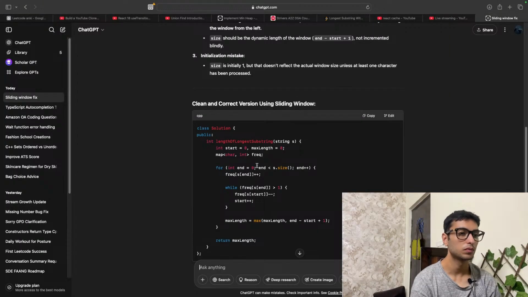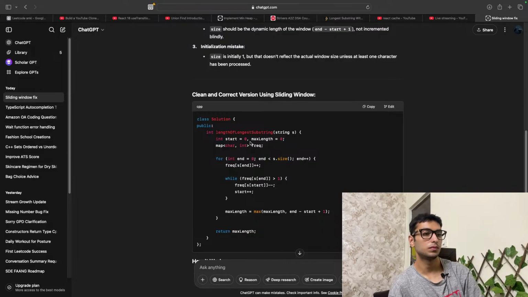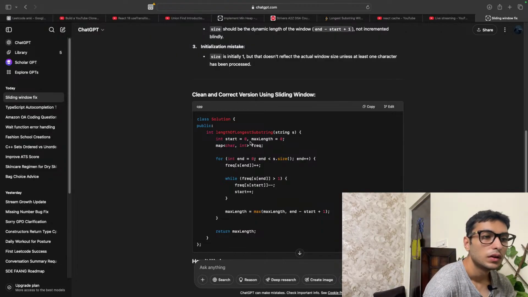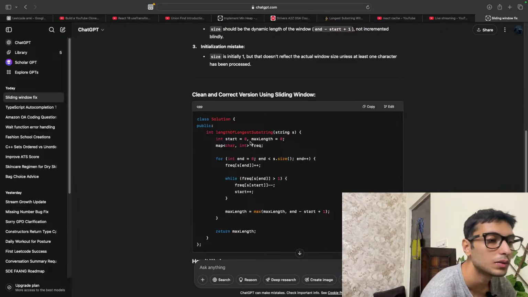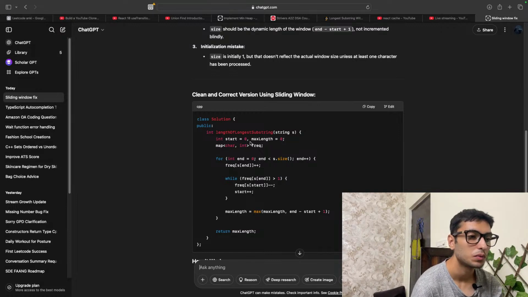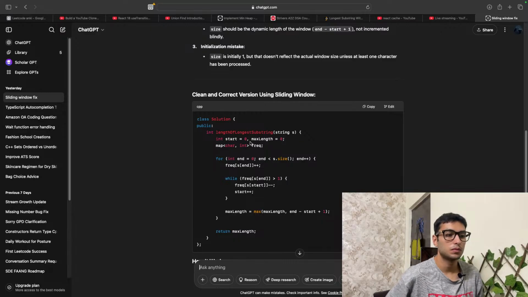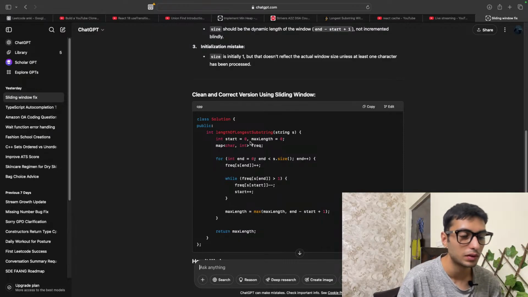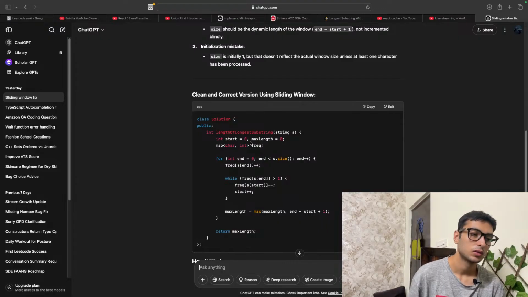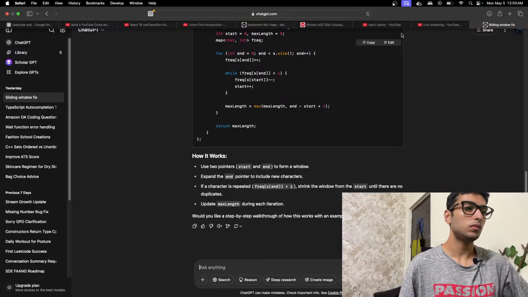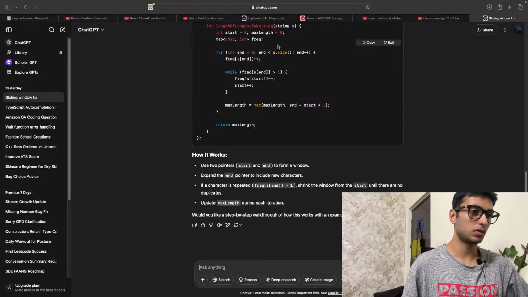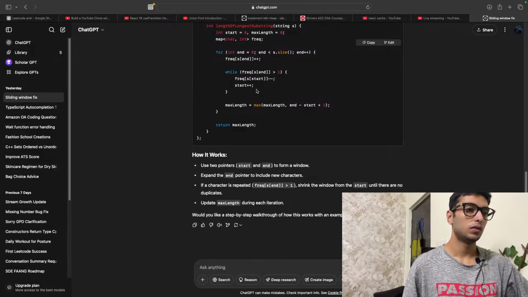Wait, so start is 0, max length is 0, and n equals 0, n is less than s dot size, n plus plus, s n greater than 1, start plus plus, max length to max length, n minus start plus 1. Got it. I'm gonna attempt it again tomorrow. Basically a for loop at the end, not declaring it in another loop. Excellent. That was way simpler.